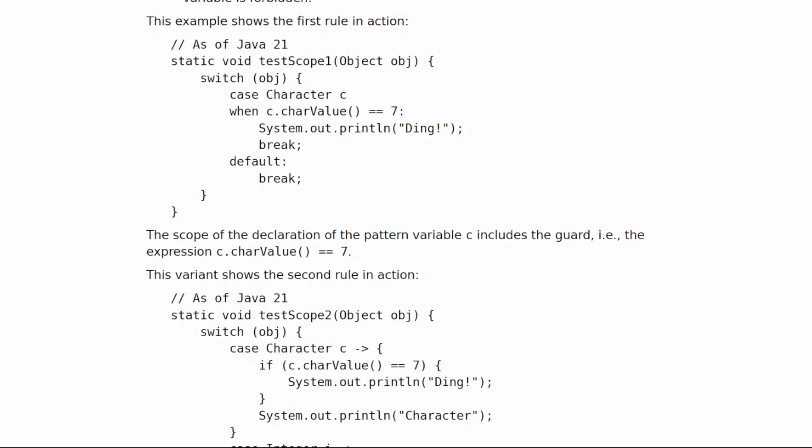This variant shows the second rule in action. As of Java 21. Static void testScope2(Object obj) { switch (obj) { case Character c -> { if (c.charValue() == 7) { System.out.println("Ding!");